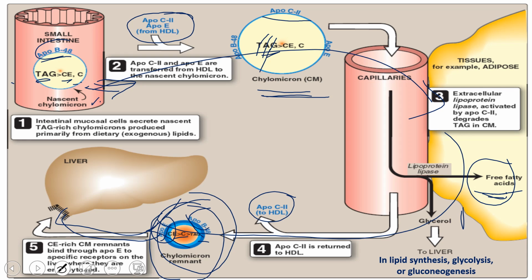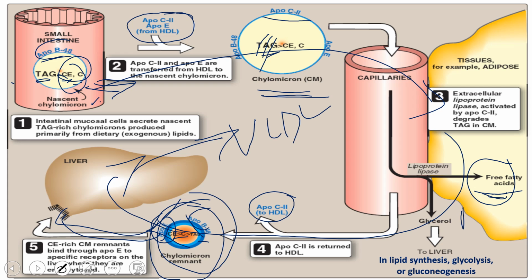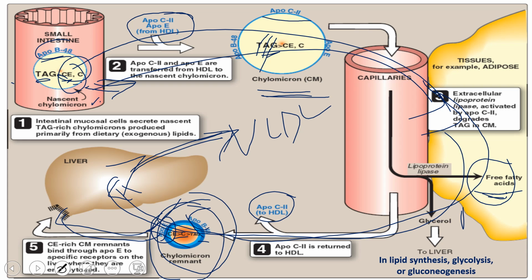The remaining lipids coming into the liver go back to the circulation through VLDL. If we are talking about cholesterol or cholesterol esters, whatever we have eaten is not given to the cells in the chylomicron process. Through the chylomicron remnant, it goes back to the liver, and then it goes to the VLDL. So, I hope you have understood it.